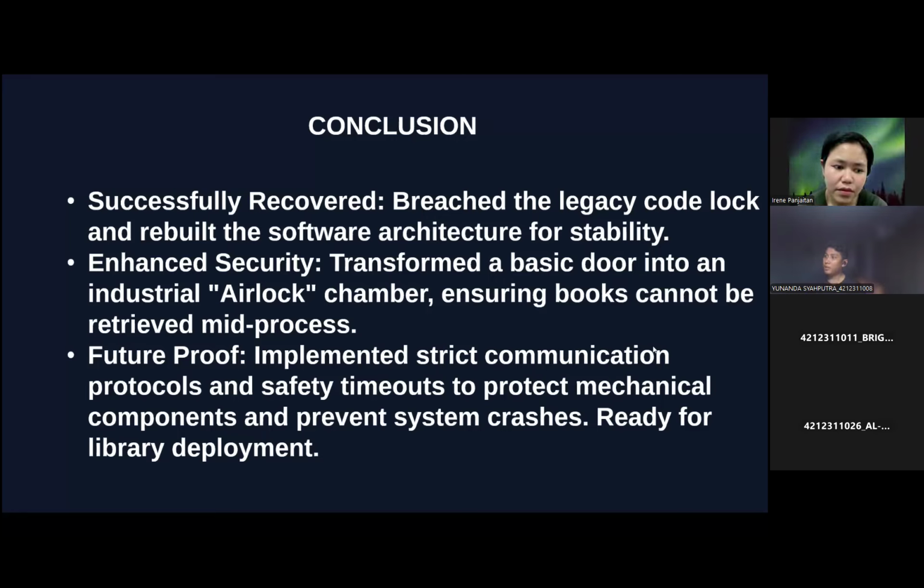Next, the conclusion. We have three conclusions. First, we successfully recovered the project, bridging the legacy code logic and rebuilding the software architecture for stability.